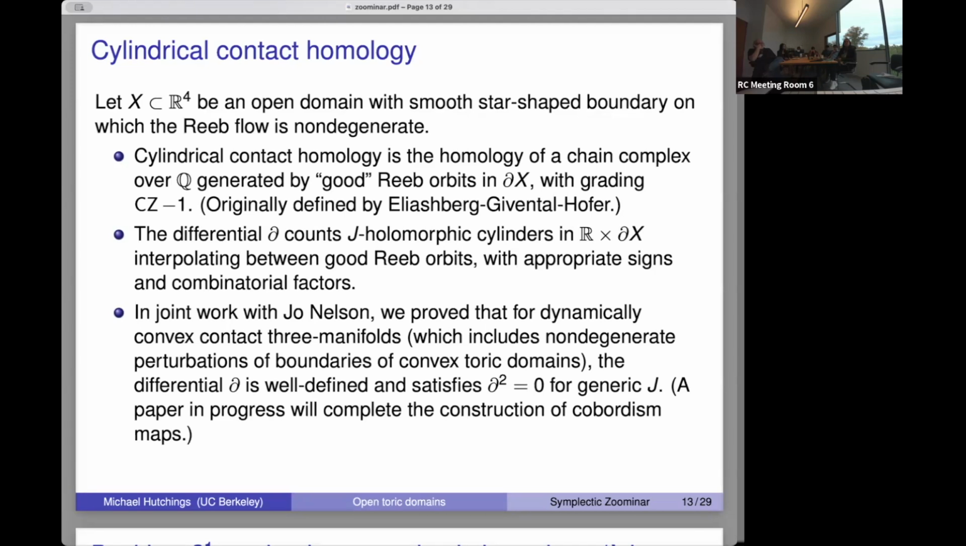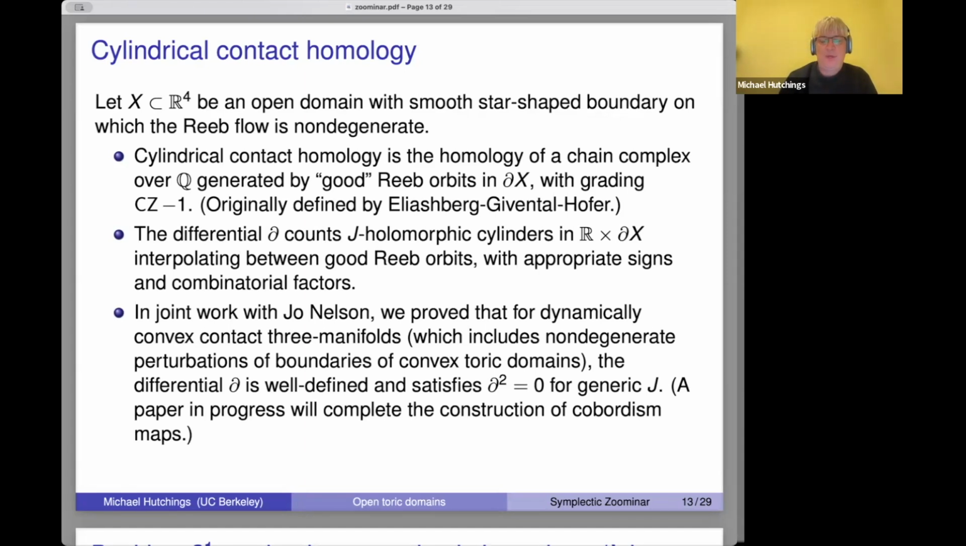And this definition is due to Eliashberg, Givental, and Hofer. In general, there are problems with finding J satisfying sufficient transversality for this to be defined. However, in the paper with Joe Nelson, we proved that in the special case of dynamically convex contact 3-manifolds, and that includes non-degenerate perturbations of boundaries of convex toric domains, the differential really is well defined and it satisfies d squared equals